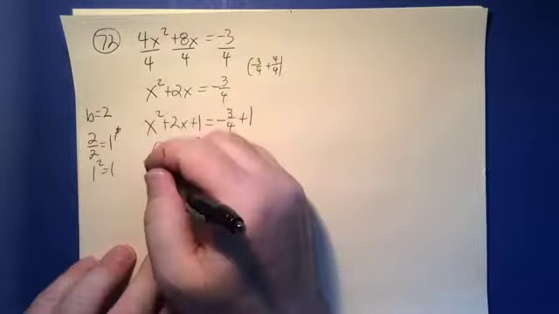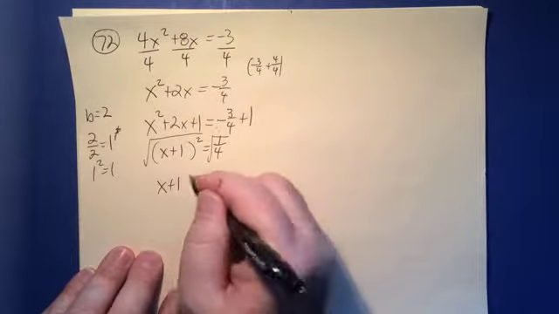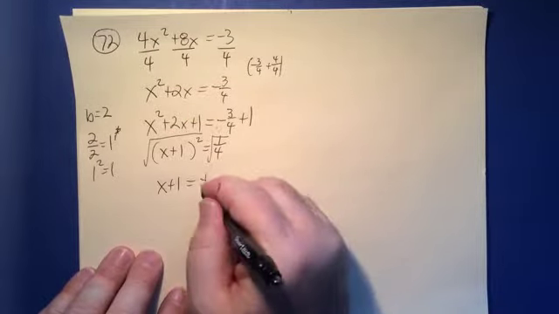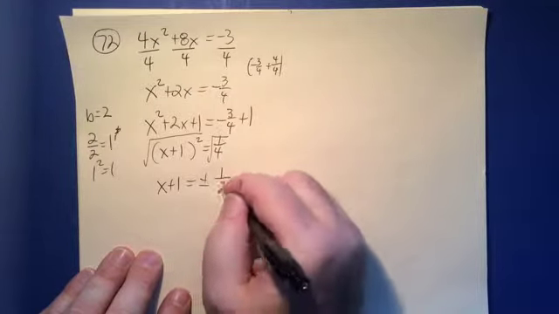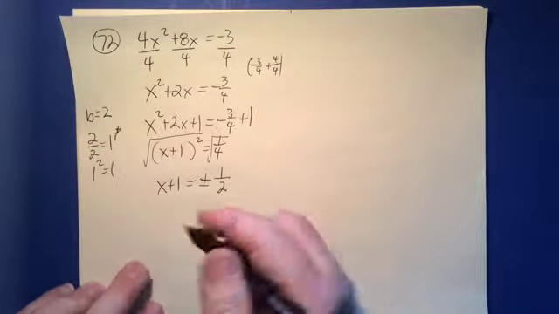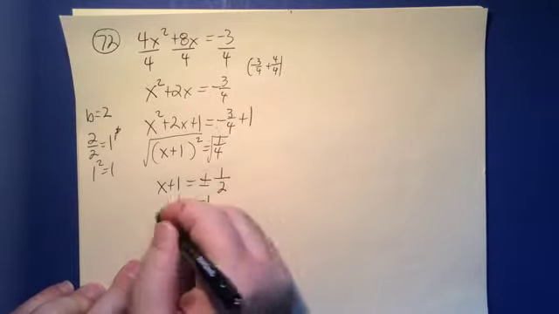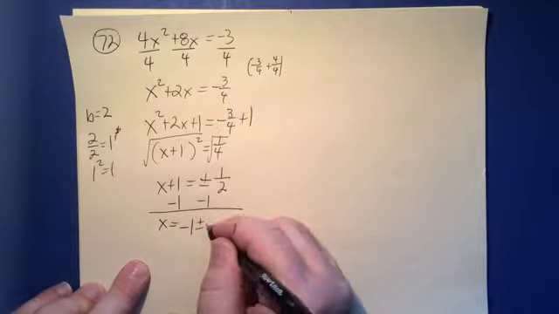That's it. If we take the square root of both sides, then we're going to get x + 1 equals plus or minus. Well, the square root of 1 is 1. The square root of 4 is 2. So it's just plus or minus 1/2. So not a terribly difficult fraction to work with, a lot better than some of the other ones you may see. If I subtract 1, then I'm going to get x is equal to negative 1 plus or minus 1/2,